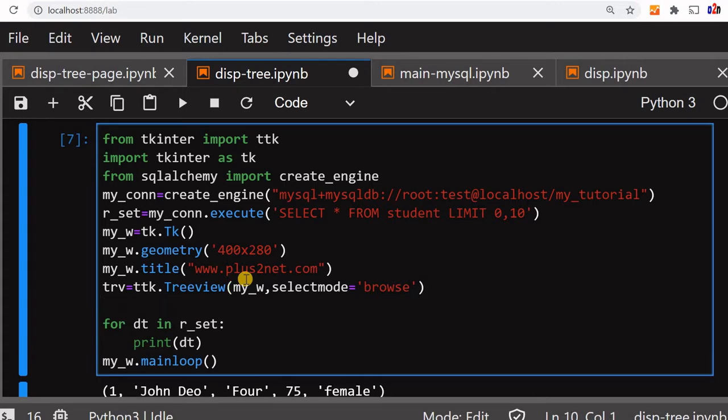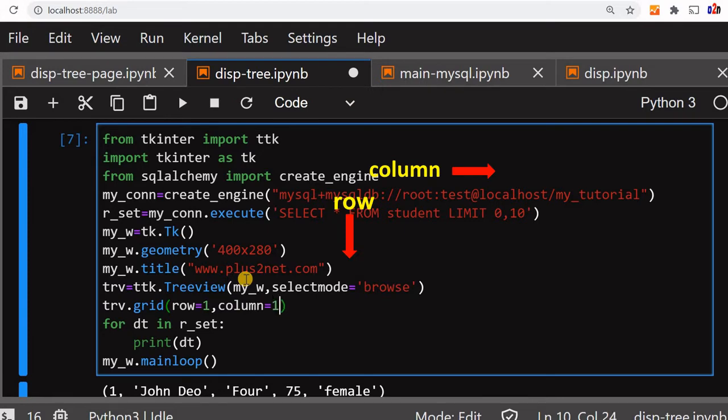Next line, let's place it on the grid. We'll say grid, row equal to 1, column equal to 1. Now, to give some space from the edge, padx equal to 20 and pady equal to 20. You can change these values wherever your requirement is.